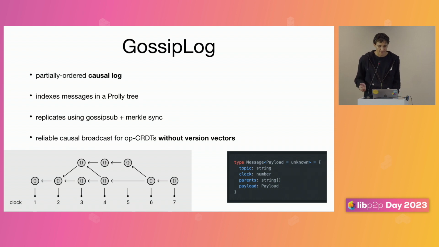The best that we can do is something kind of like a Git repository, where when you publish a message, it's like a commit that points to some number, maybe one or more, of the most recent messages that it's seen, right? That gives it this kind of growing, flowing graph structure like this. And one of the cool properties of Merkle sync is that it's guaranteed to yield these in lexicographic key order. What that means is that we can play some tricks with the keys that we use to make sure that key order reflects the causal order of these messages as they point to their parents.